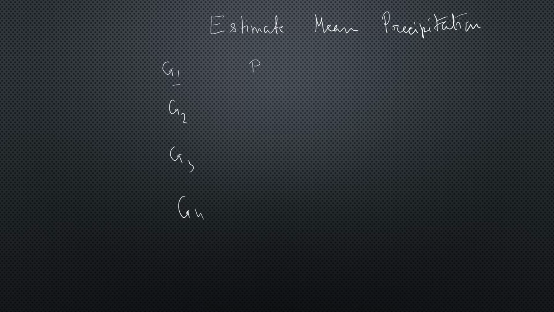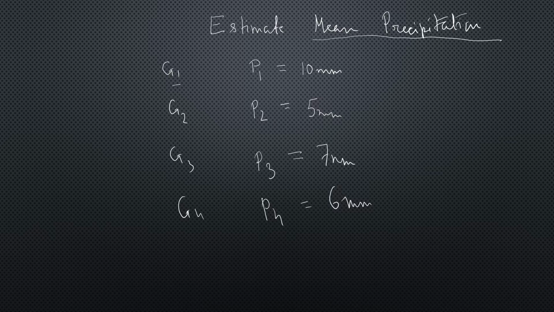measured by rain gauge 1 is P1, which equals 10 millimeter. On that same day, the rainfall measured by gauge station 2 is P2, which is 5 millimeter. Similarly, same day rainfall as measured by G3 is 7 millimeter, and finally G4, 6 millimeter. So if you want to find out the mean precipitation of that same day with the help of the Thiessen Polygon